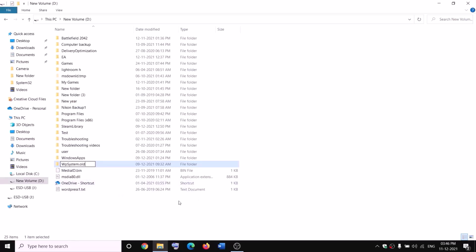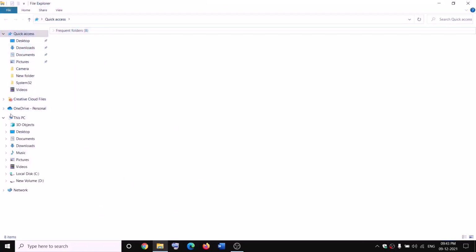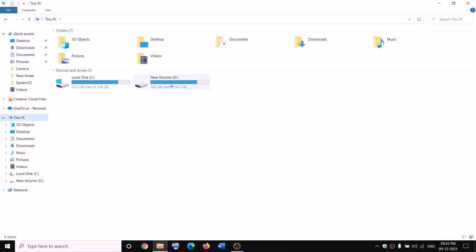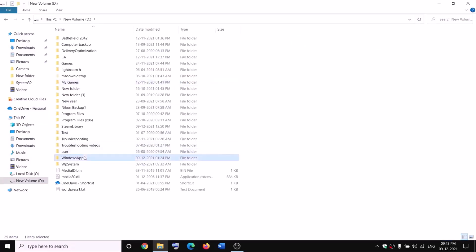Now, if you still face the problem, in that case you can go ahead and restart your computer and then try to rename it once again. Open File Explorer and then go to This PC, open D drive, then make a right click on WindowsApps